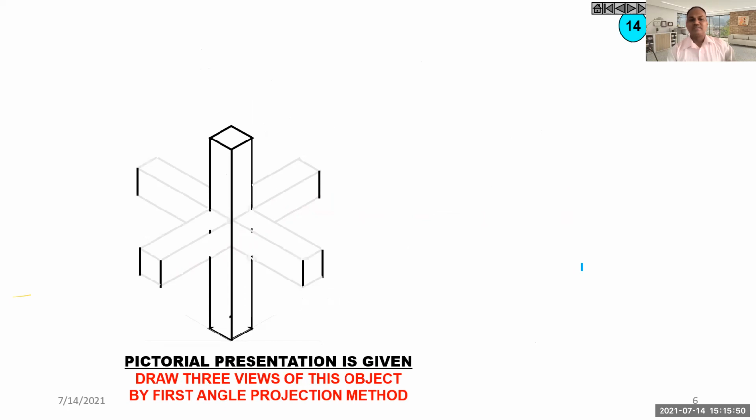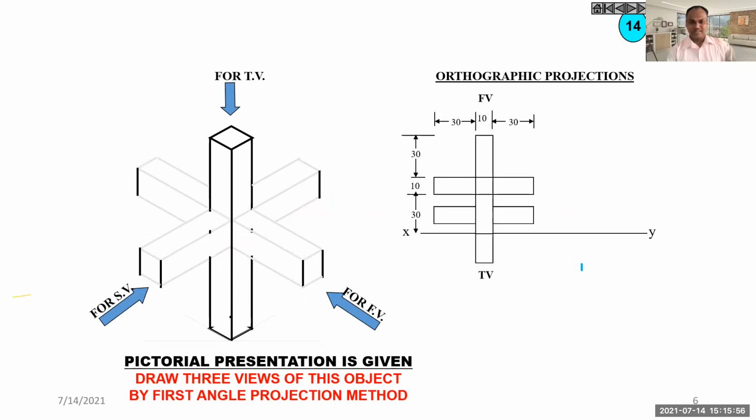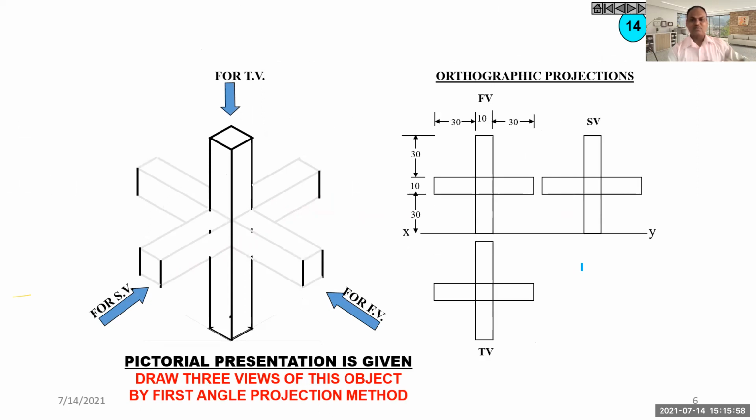Now this is one interesting kind of thing. If you see the front view, top view and side view, you will get to know that they are all the same. These are interesting things, sculptures built by some engineers. You can see the front view, side view and top view of this particular diagram are exactly the same.